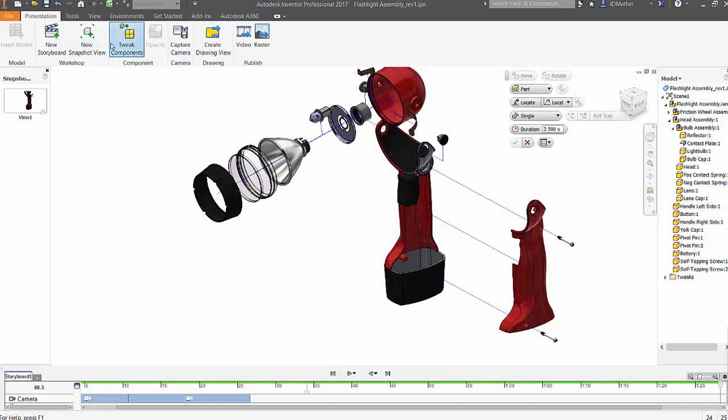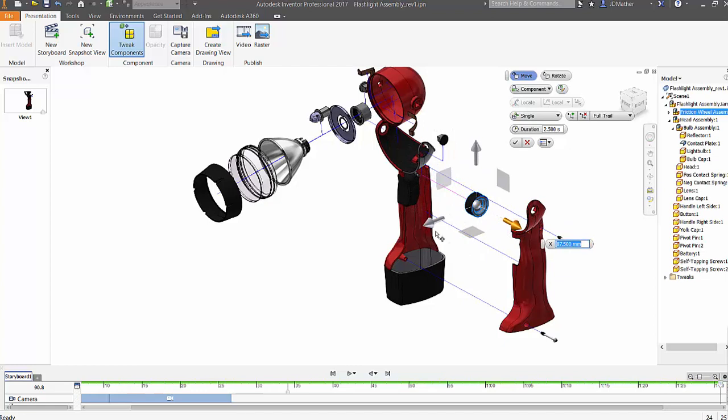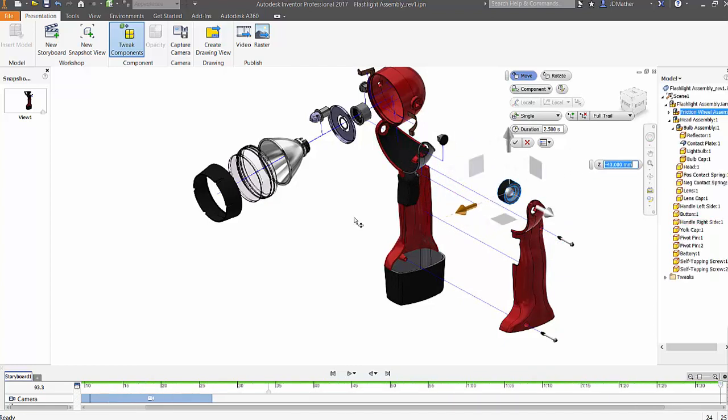Okay, so I'll tweak components, and I will select component, and I'm going to get this entire friction wheel subassembly, and I'm going to move it down and then move it out, and let's move it back here like this. Okay, I'll accept that one,